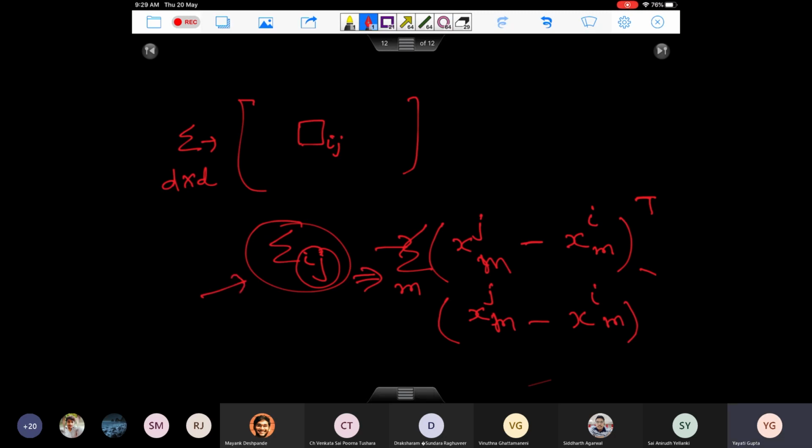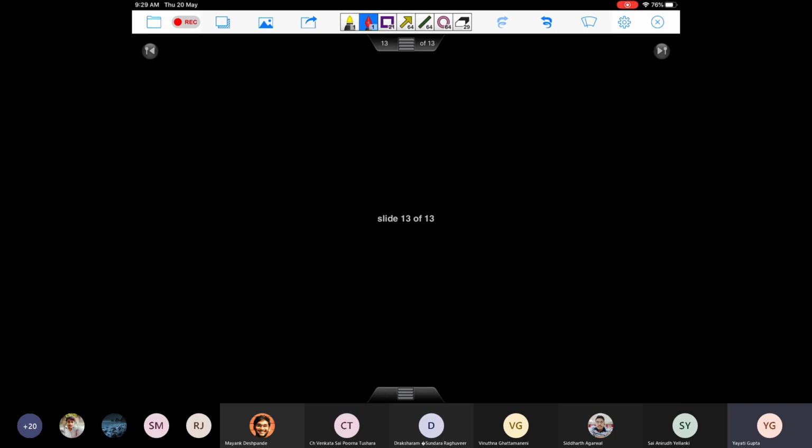Basically, what we are trying to see is that, oh, sorry, I made a mistake. I'll go to the next slide and write it again. My bad. So if I write sigma ij, this is equivalent to sigma over m of xi xj. So m is the iterator, basically. What you are doing is you are trying to add